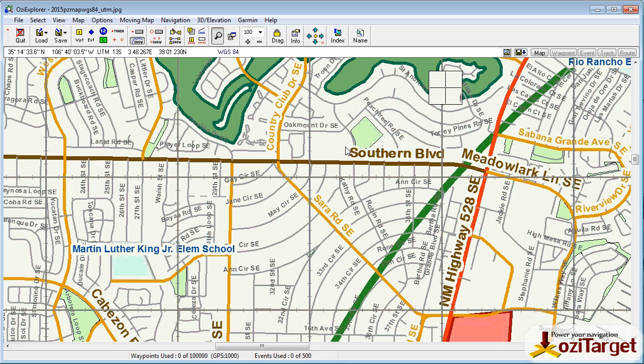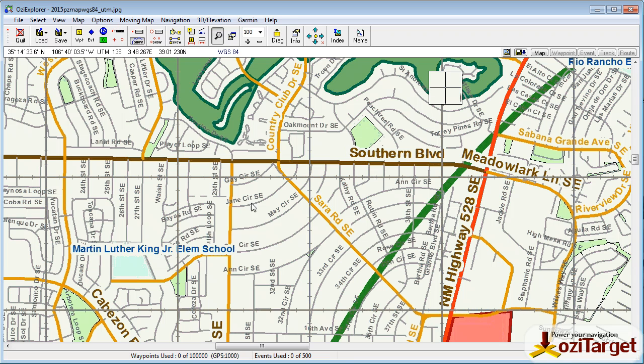In this video we're going to run through part 2 of making maps, which is how to convert your map to the native OZF format. Now the advantage of OZF is that it is much faster to load. It's got reduced colors compared to a full gamut JPEG image or TIFF image, and it also has pre-rendered zoom levels, so when you zoom in or zoom out, your image will actually be sharper than if you did so